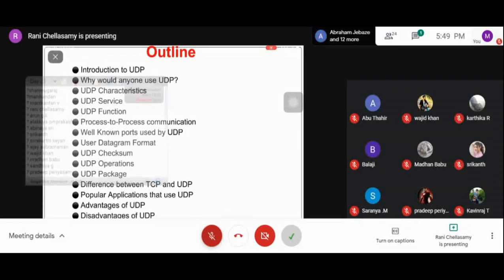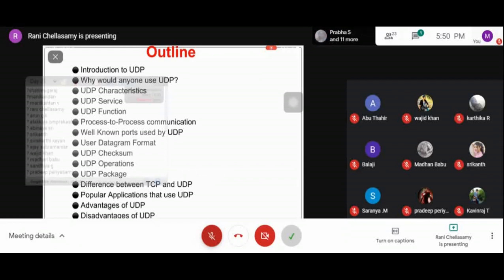We'll see how process to process communication works, compared with host to host communication, and the well-known ports used by UDP. Then the format of the user datagram, how the checksum is calculated in UDP, and the operations involved in UDP.